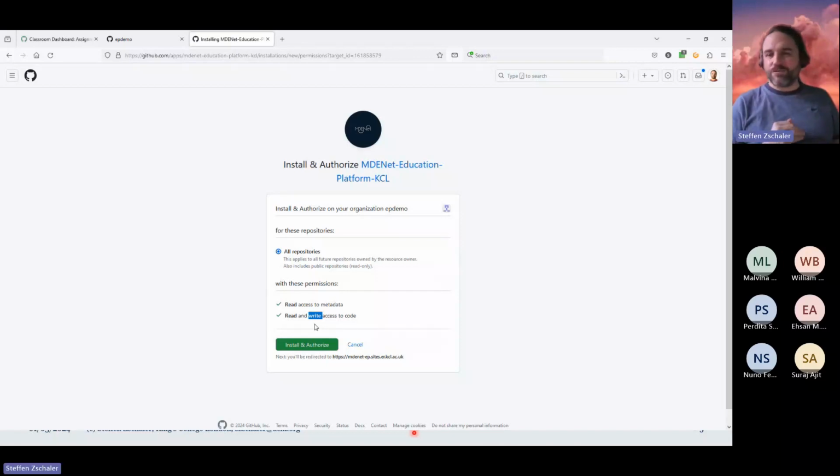So it doesn't give students, or anybody, access to arbitrary repositories in the organization. It only gives them access to those repositories that they actually have access to, but it makes sure that they can do that through the education platform. Okay, so we're going to click on install and authorize, and that'll actually send us to the education platform, who will go,